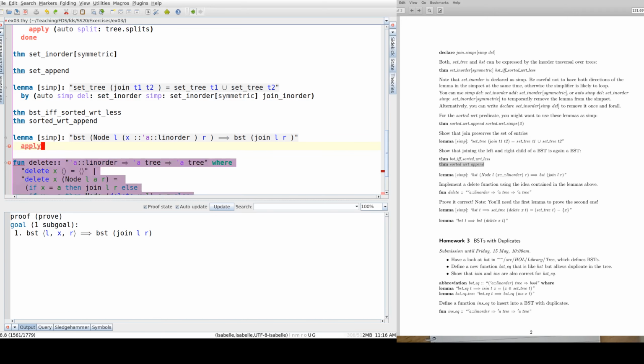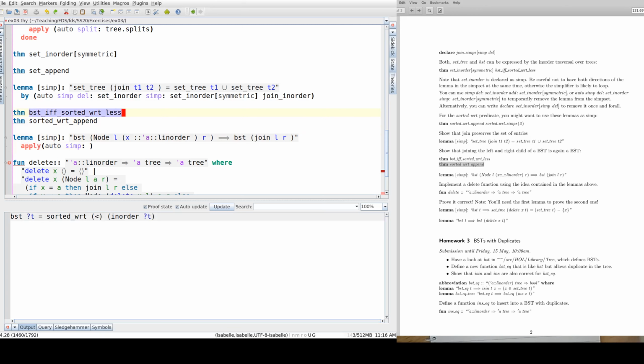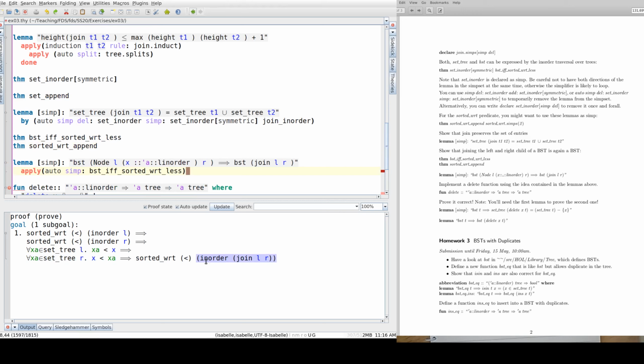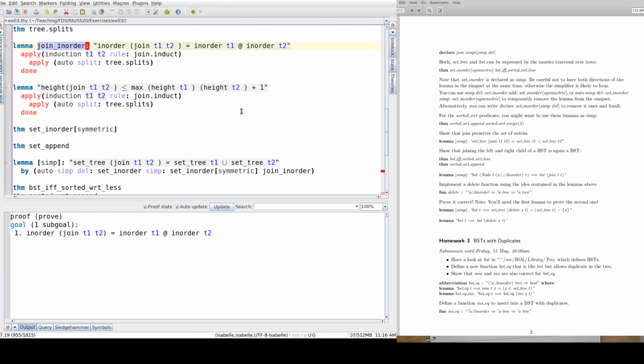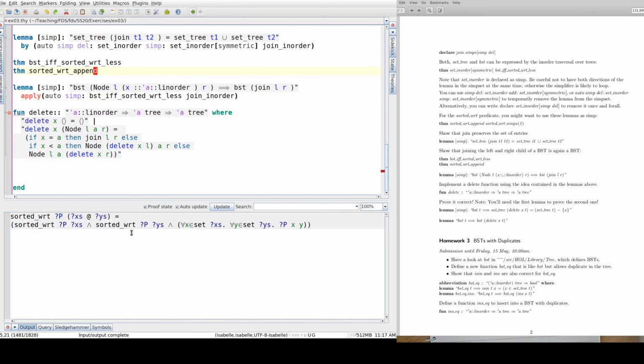Okay, so let me try and prove that. Firstly, I want to translate this statement into a statement about sorted in-order traversal lists. So this BST was translating into that. That's number one. And then I want to change this thing into the in-order traversal of L appended with the in-order traversal of R. So it goes like this. Okay, so now we have this and that and that, and don't forget that we have this lemma